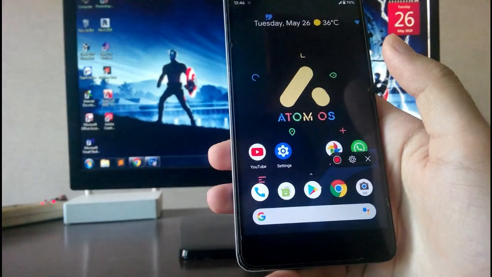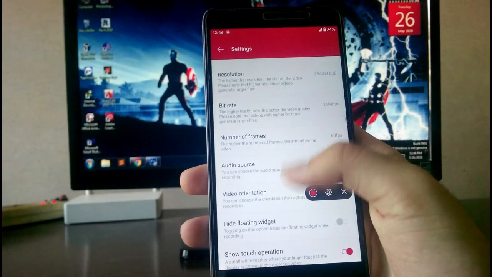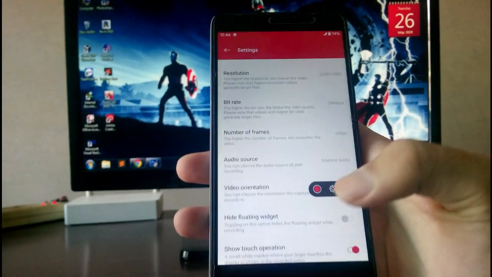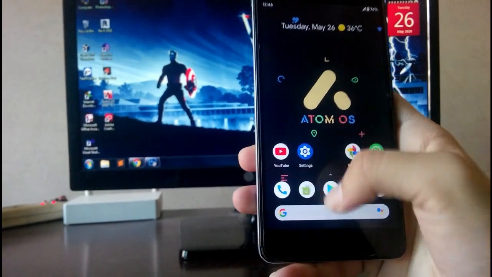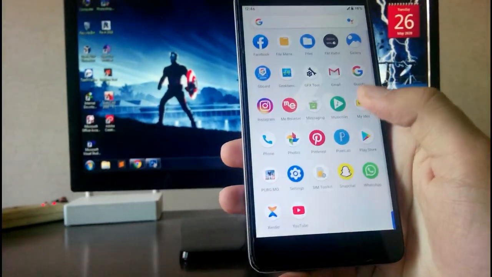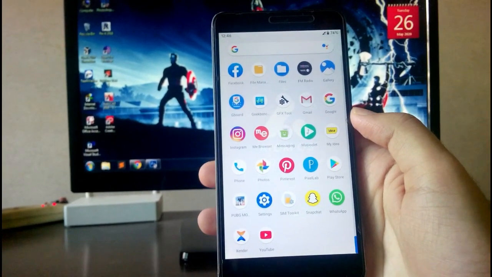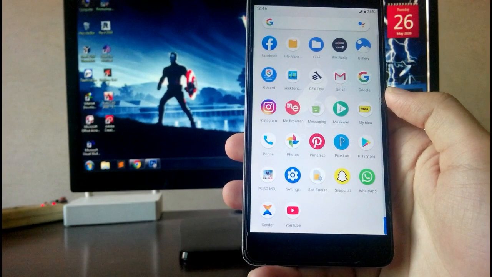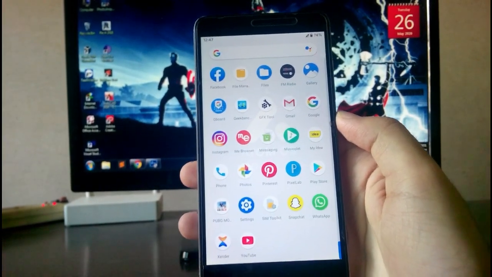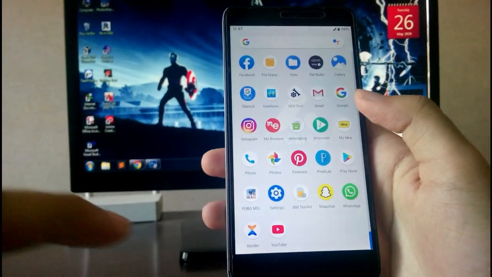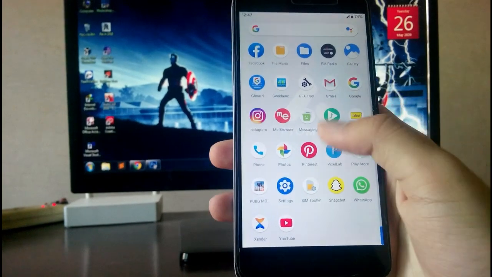And this is the Atom OS screen recorder, and this is also working fine, the audio source and everything is working fine here. Then talking about the other features like the PUBG performance, PUBG runs great on this device, no problems with the PUBG. But there is a bug, after some time this display will just turn on and you will be on the lock screen and you have to unlock your phone. So that is a problem, and this happens only while playing PUBG, so that is a bit irritating.